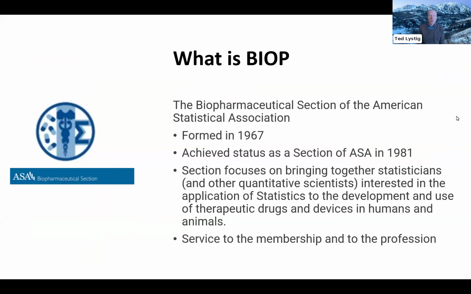One of the things we try to do is bring together people from diverse areas, from pharmaceuticals, from medical devices, biologics, that are interested in the application of stats to the development and use of these drugs and devices for humans and animals. And one of the things that I'm trying to stress in my term as chair is the idea of a more inclusive approach than an exclusive approach. We don't advance if we talk about things we aren't, we grow if we talk about the extra things that we are. So one of the things I'm very happy to continue in this collaboration is our close work